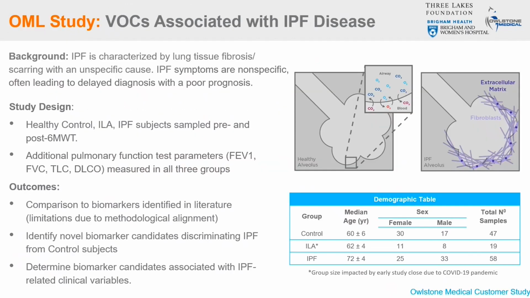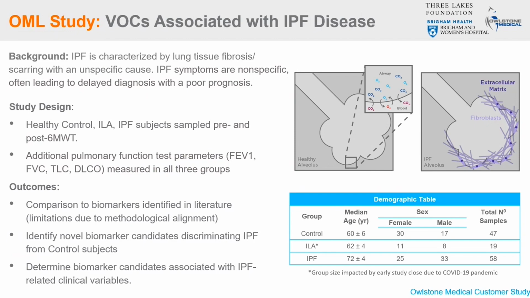Thank you, Liz. So people with idiopathic pulmonary fibrosis have fibrosis and scarring in the lungs, which not only impacts the function of the airway, but is also prevalent. IPF diagnoses in patients are often delayed due to nonspecific symptoms, resulting in poor prognosis. Therefore, identifying biomarkers with a non-invasive device will be helpful for disease detection.